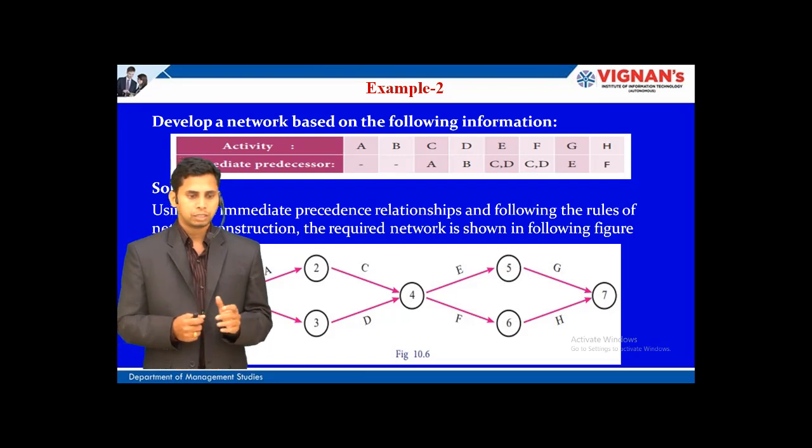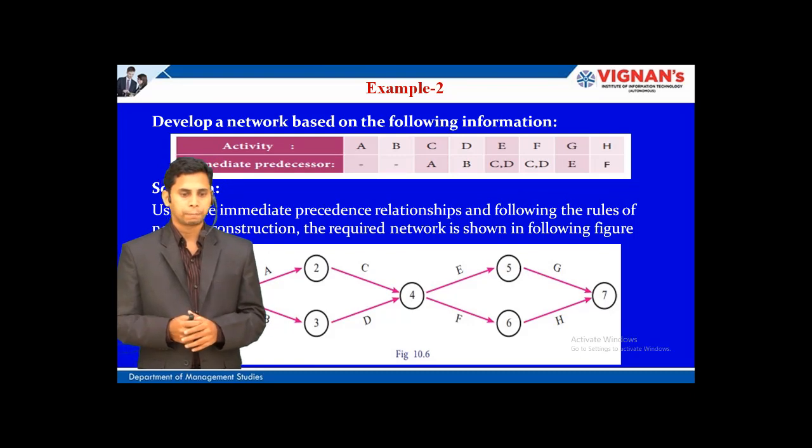Now you can see that using the given data we can draw the network diagram in this way. Since A and B have no predecessors, A and B are the starting activities. That's why we have started the A and B activities from one particular node. And then for C there is a predecessor, that is A. So for drawing C it must be ensured that there is an activity A, as you have seen on the diagram. And for D it is B, that is ensured.